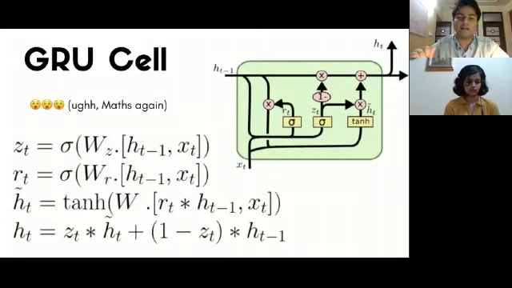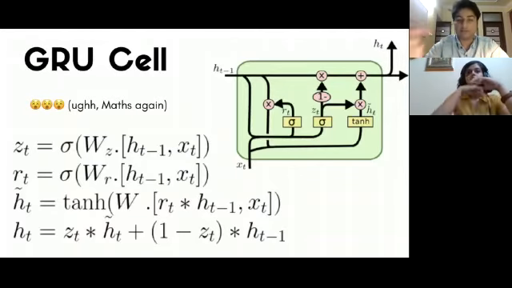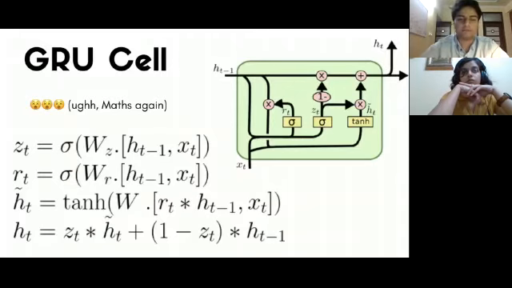Now, zt is our update gate. Zt is a value between 0 and 1. The purpose of the sigmoid is to squish the output between 0 and 1. So you can think of it like a percentage. The update gate tells us how much of the current input is useful information and should be stored in the memory cell to potentially be of use to us later on. So zt tells us how much of the current input is useful, right? So you can think of zt as a percentage. So if the value for zt was, say, 0.87, then that would mean that 87% of the current input is useful and it should be stored in the memory cell. That's what zt tells us.